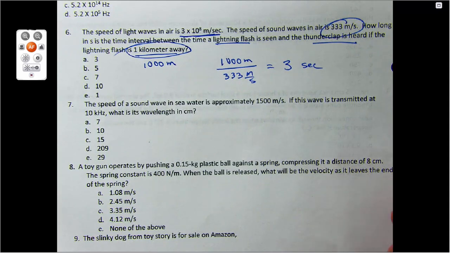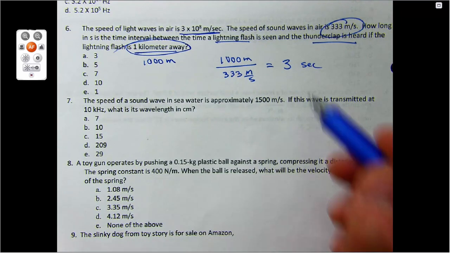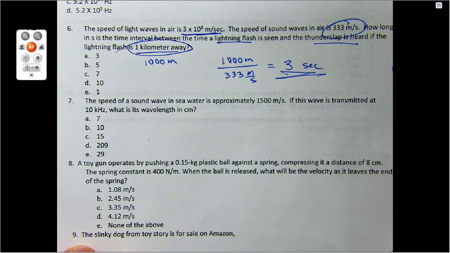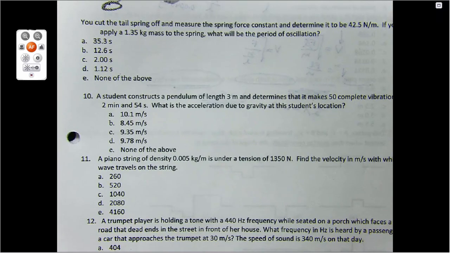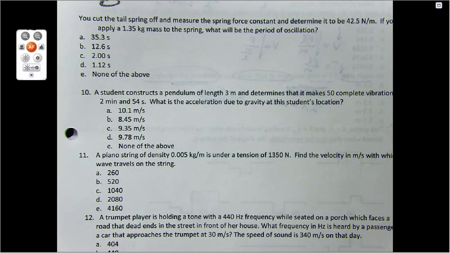What did Google say, Carrie? 1 mile is 5 seconds. Okay, so this should be 3 seconds, huh? For light,